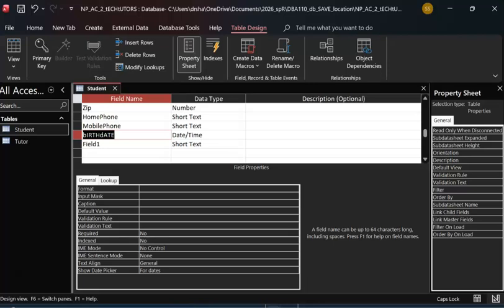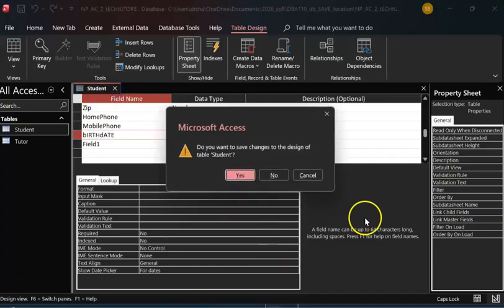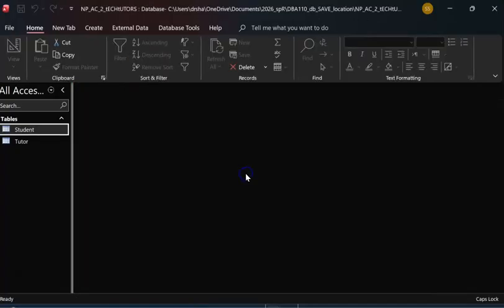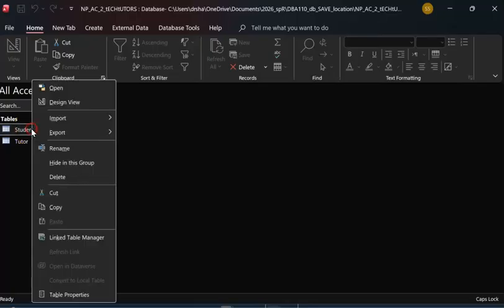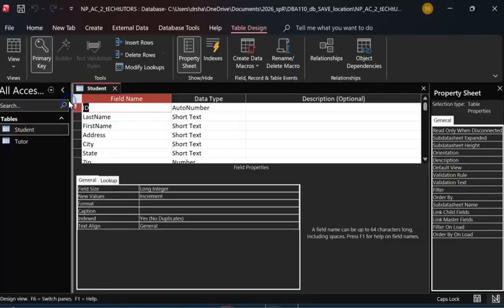And then save the table and close the table. So we're going to close the student table. Yes. We want to save the changes to the design. We want to modify the table student design. So we're going to go open it in design view. So they're going to show you different ways to open. You can right click and then open in design view from